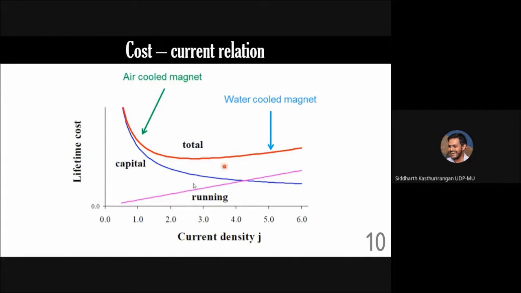Okay. If the current density is more, then the running cost is more because the power supply requirement is more, because larger current means larger I square R type of loss. So you will end up with larger running costs. Okay. On the other hand, if you are operating at smaller current density, still the capital cost for the magnet is anyway large. Okay. Capital cost means initial investment on the iron and the copper and other things which need to go into constructing the magnet.